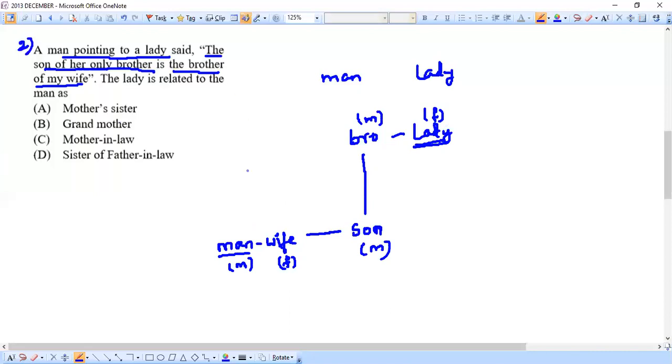Now let's clearly make a link from this man to this lady. Just start from this man, his wife, and this wife's brother is what is this person, I mean this male, and his father, is it or not? Because this brother's son is here, that means this son's father will be this brother person. Actually we don't have any names for this, that's the reason we are writing simply as bro, son, wife, something like this.